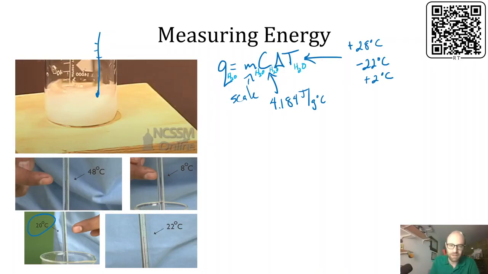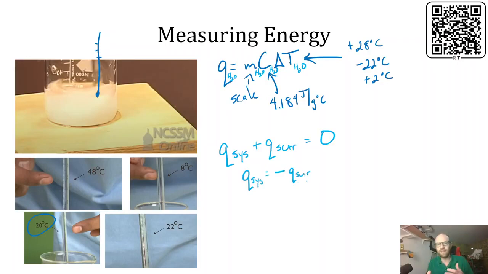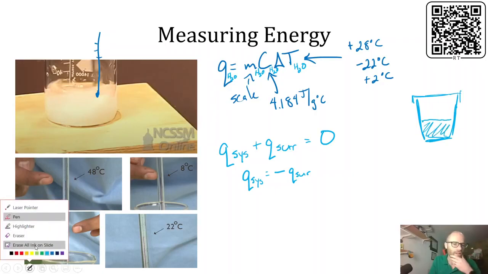Based on what we've talked about already before too, we mentioned that there's a relationship between the system and the surroundings. That any energy changes that happen, the total energy changes that happen have to be zero. And that the heat, therefore, of the system is equal to the negative heat of the surroundings. And if you have an insulated container where you could measure, say, you get this cup and maybe make it out of styrofoam, and so it's nice and isolated from the rest of your environment, and you put a certain amount of water in it, and then say you dropped in some sort of block of